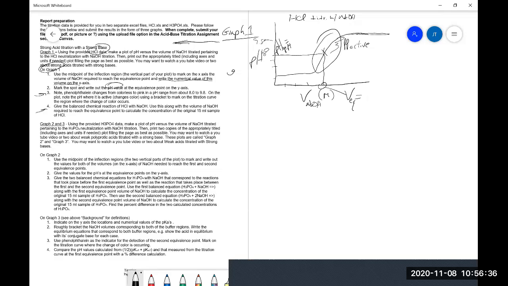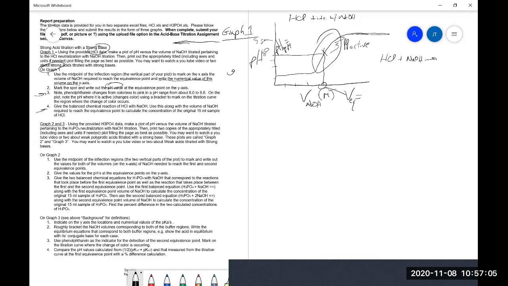So what happened in this experiment was you had 15 milliliters of HCl in the beaker that was titrated with NaOH. And if they're the same concentration, then you know this volume over here at equivalence point should be around 15 milliliters. But anyway, they want the balanced chemical equation, HCl plus